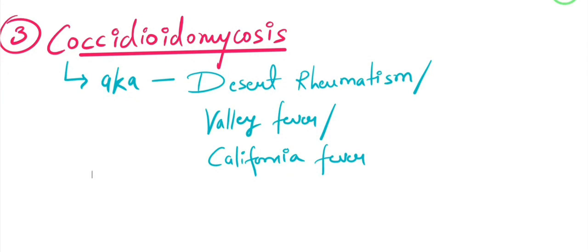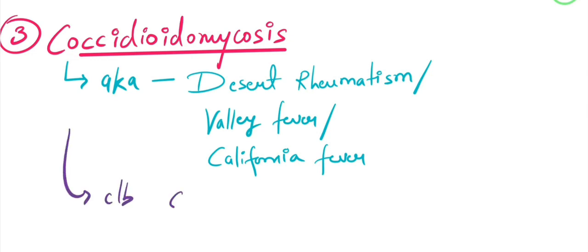Now we are going to start with another type of systemic mycosis, that is coccidioidomycosis. This coccidioidomycosis is also known as desert rheumatism, valley fever or California fever. So this California fever name will help you remember the epidemiology also, that it is found in some part of California, right? So this is caused mainly by